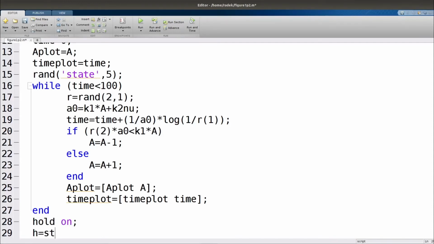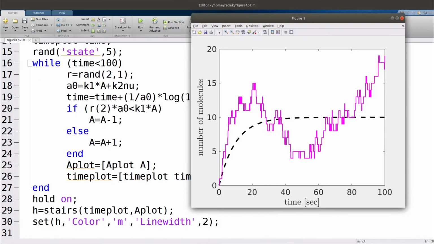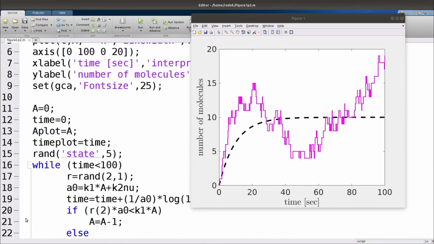The first command, hold on, helps us to plot the computed realization of the SSA A3D3 into the same figure as our previous plot, visualizing the mean MT. To plot a plot against time plot, we use the command stairs instead of plot. This helps us to emphasize that the value of A stays constant until a reaction occurs. Let's press run and we obtain the following figure, showing one realization of the SSA A3D3 together with mean MT.